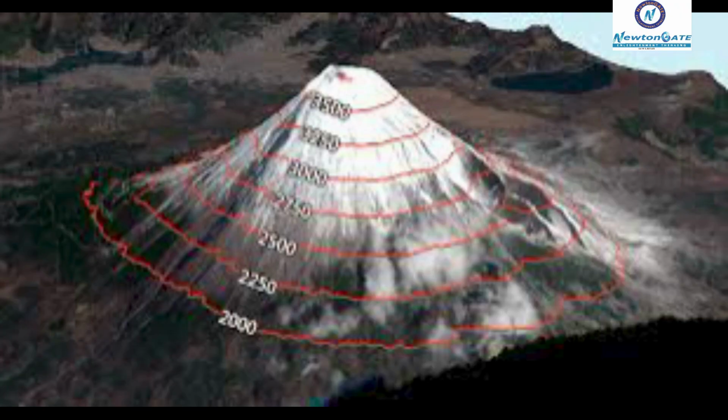Now let us put this knowledge into use to read and understand an actual topographical map. Notice that in this topographical map there is a set of concentric contour lines, and the contours start getting smaller and smaller as they approach the top. This tells us that the land is rising, and the point at the top, a single line, represents the peak of the mountain.